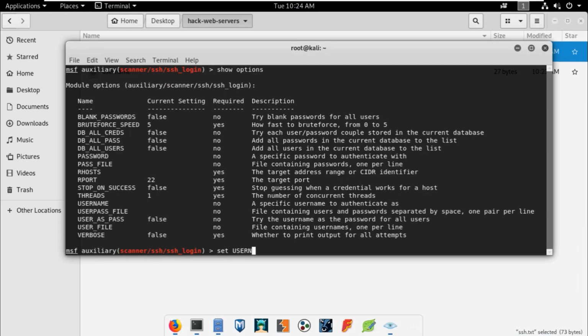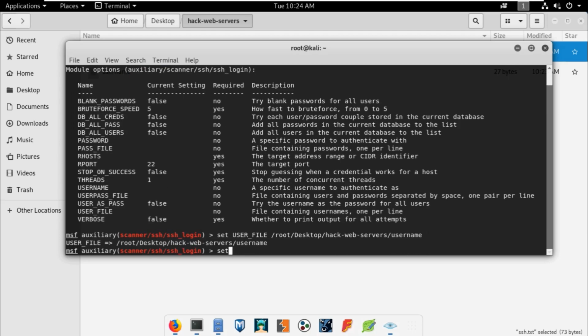Now we will use this. Okay, set user file, which exists on the desktop, in hack web servers, and the username file. Set user password file. This is important: the user password file is the password file you need to specify.